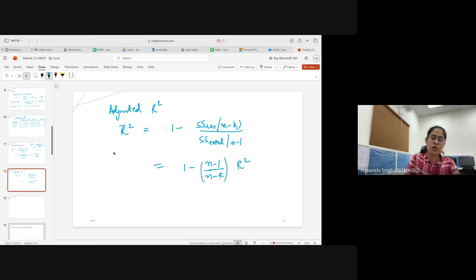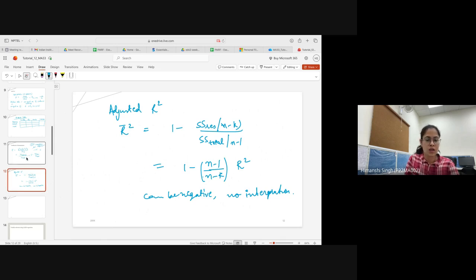Now this also has some drawbacks. In order to tackle some of the problems, we again have a problem: this can be negative, which is a very weird thing, because no interpretation can be there if it is negative. So based upon our understanding, we have to see whether we go with r square or r bar square, or both, or none of them. So that is the thing. This is basically the formula. If we arrive at some question where we use these formulas for r square and r bar square, we'll be using this.